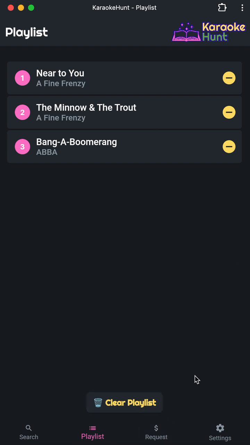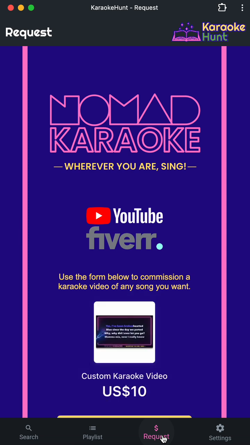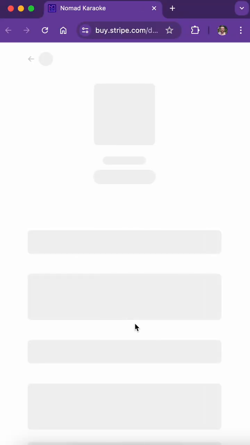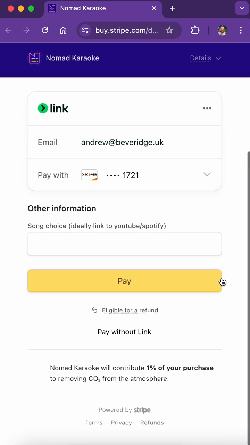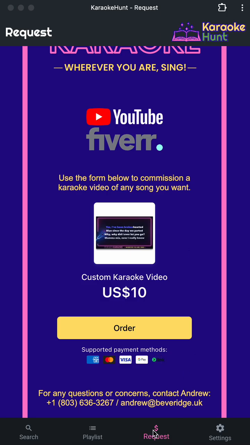One of the things I'm proud of that works now is you can request karaoke songs through the request tab, and this has a fully functional Stripe order form built into it. In the mobile app, it's embedded in this progressive web app that I'm using right now. It clicks out to another tab. But this will actually come through and pay me $10, and I will make a karaoke track for you, which I have mostly automated, but not fully. But the fact that people can request and pay money through the app is, for me, a big